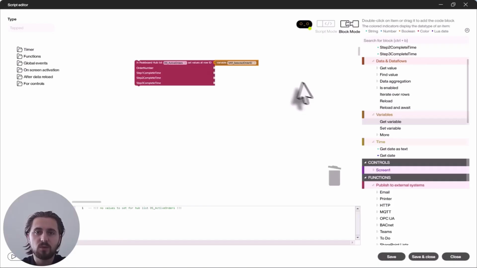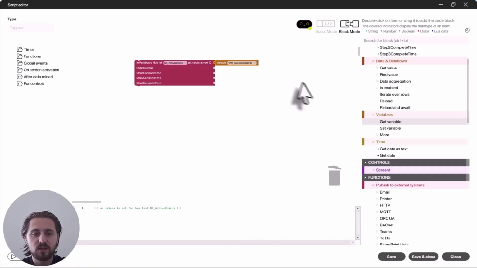At this point, it's important to mention that every new entry in a hub list receives an ID that is incremented by 1. However, this does not necessarily correspond to the index of the respective row. This is a common mistake when updating hub lists and should be avoided. If we pass the index, the one from our data source or from the data flow is used. However, since we already filter for open orders when querying the data and then filter again for the selected order in the data flow,